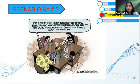Yung eldest ko walang problema kasi he has ASD, autism, di siya aware doon. Yung dalawa yung problema. So as you can see, hindi mo pwedeng i-allow lang yung technology para turuan yung anak mo. Dapat titingnan mo yung mga site na pinapasok niya, titingnan mo kung ano yung mga nababasa niya. Kahit na healthy siya, kahit na maganda siya, minsan pag in-screen mo siya,